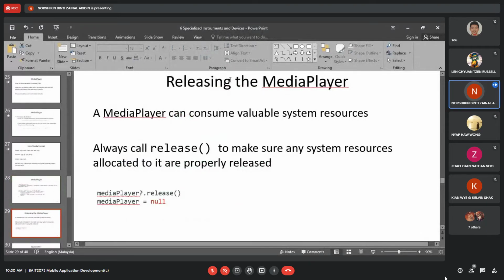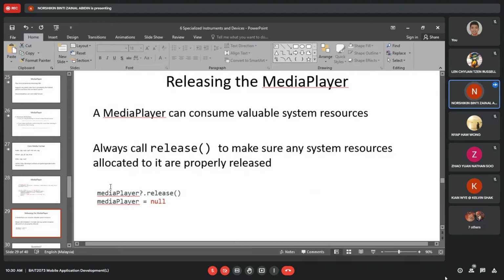Next is releasing the media player. A media player can consume valuable system resources. Yes, correct, it can consume your system resources. So always call the release function to make sure any system resources allocated to it are properly released.